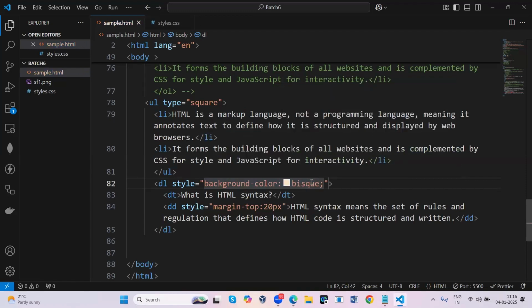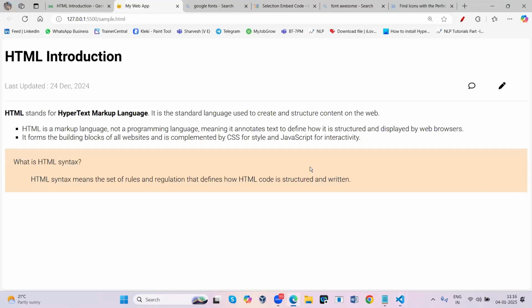You can apply multiple stylings in a single style by putting the semicolon symbol. And I want to apply padding, something like 20 pixels for all four sides. Now you can see it looks like this. If you observe carefully, the corners are very sharp, and I want to round those corners.